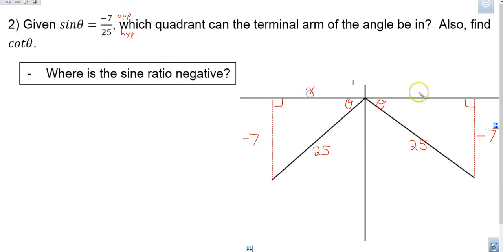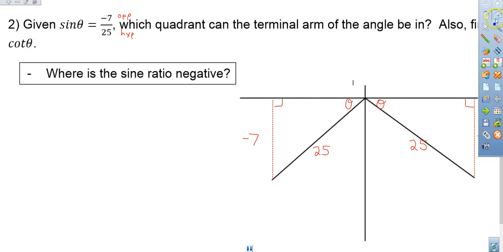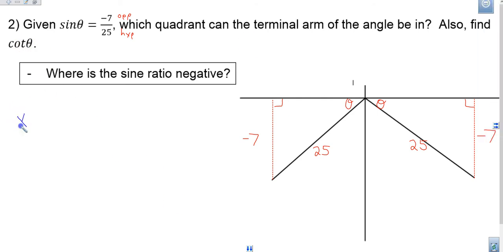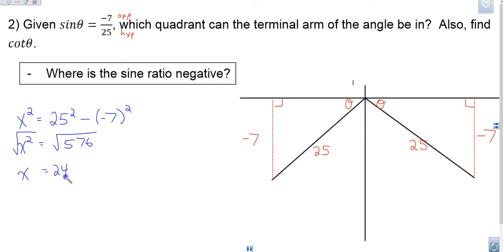Now, I still want to figure out what the x values are to fill in my diagram, and we are going to need to know those x values anyways in order to figure out the second part of the question, which is finding cotangent theta. So to figure out the value of x, we're just going to use the Pythagorean theorem. So x squared would be equal to the hypotenuse squared subtract the side of -7 squared. Now, that would work out to be the square root of 576, because I want to square root both sides. So x works out to be, oh look at that, perfectly